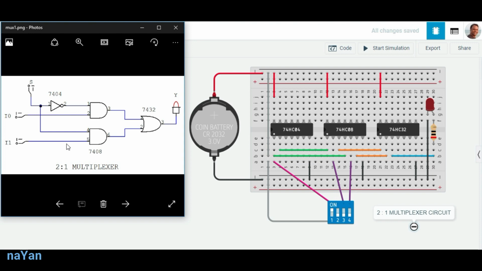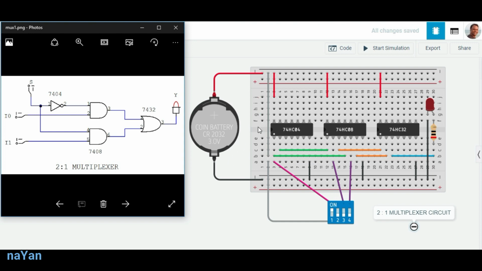So far we have seen the circuit simulation of a 2:1 multiplexer. Here I will guide you to the actual circuit of a 2:1 multiplexer on a digital breadboard system.